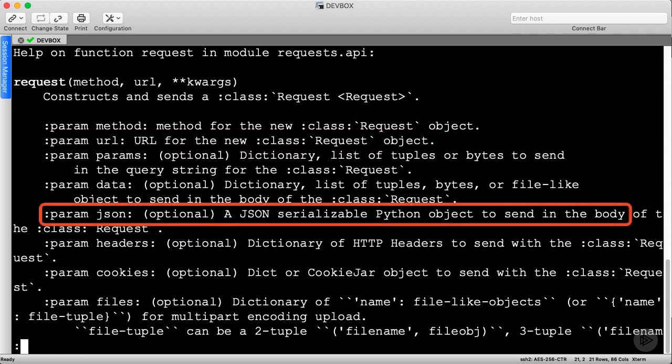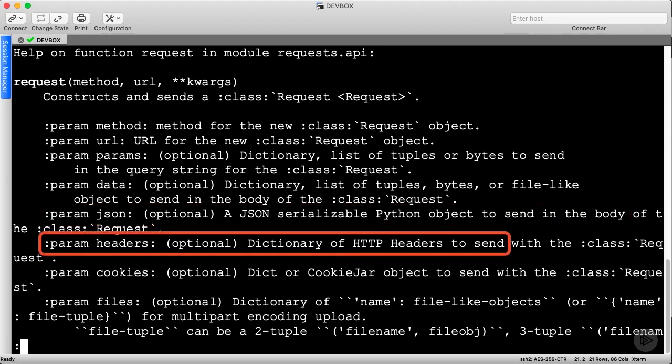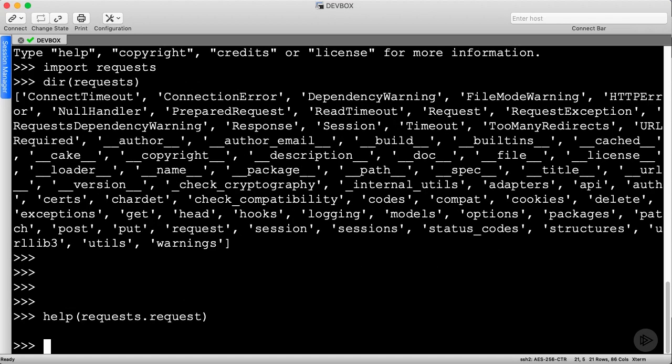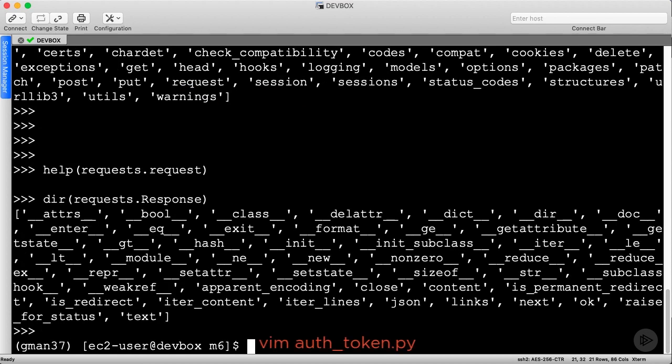For example, we can specify a JSON body to include, perhaps in an HTTP post that adds a new network device. We can also specify HTTP headers as key value pairs in a dictionary, much like Postman. We won't scrub this whole document as I'll explain these options as we encounter them. Last, I want to show you the functionality that is contained in the response object. When we issue a request, the API will return a response, and this response will carry information such as the body content and a status code. There are many attributes here, so let's put them into context by exploring the Python code next.